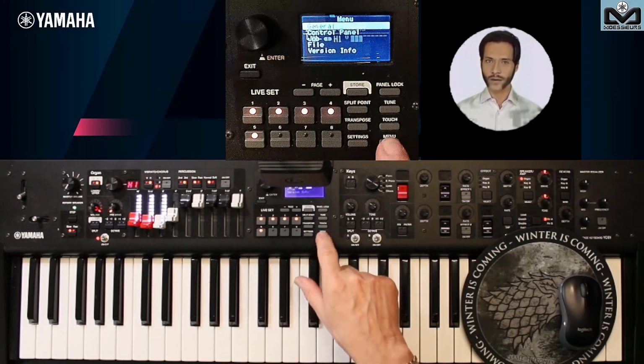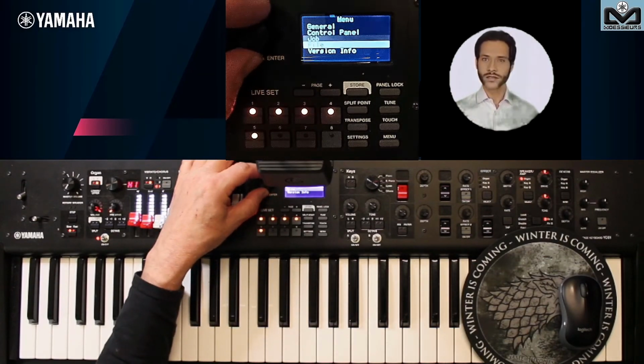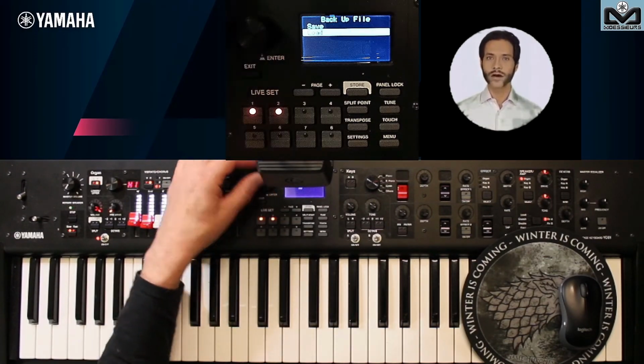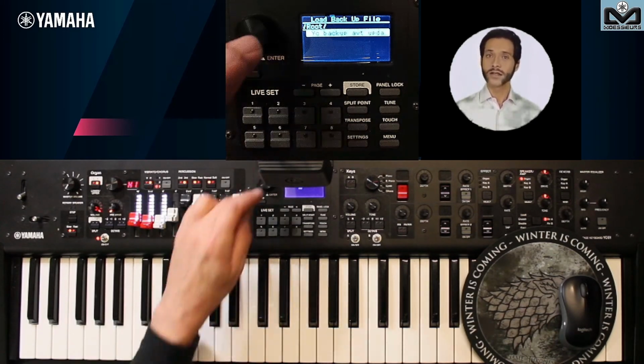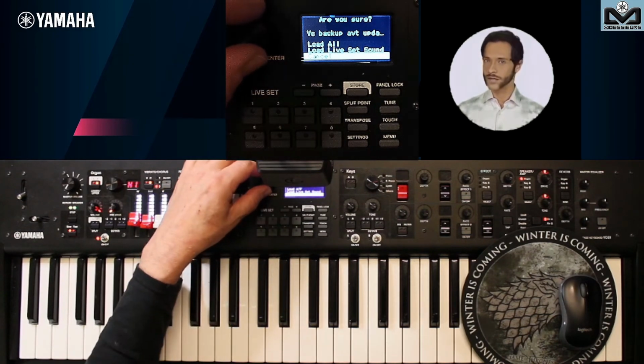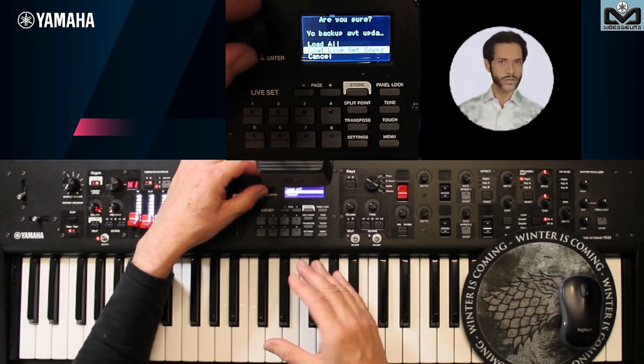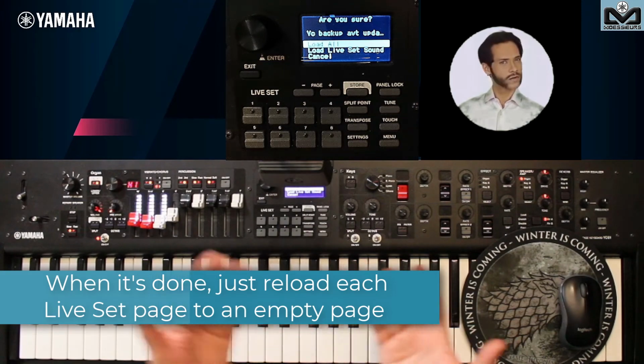After we reload our backup file done before the update from the USB stick, we'll just have to do the bulk dump to the Yamaha YC. If you haven't bought John Mayllaw's YC tools yet, think about it because it's really handy to manage your live sets, as well as the editor to edit your live set.